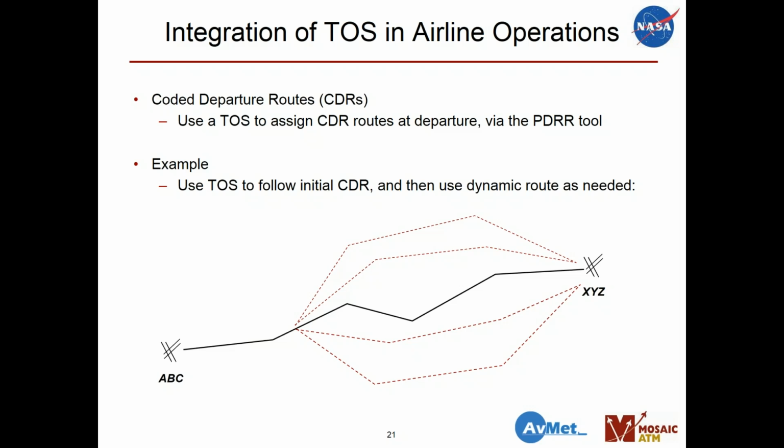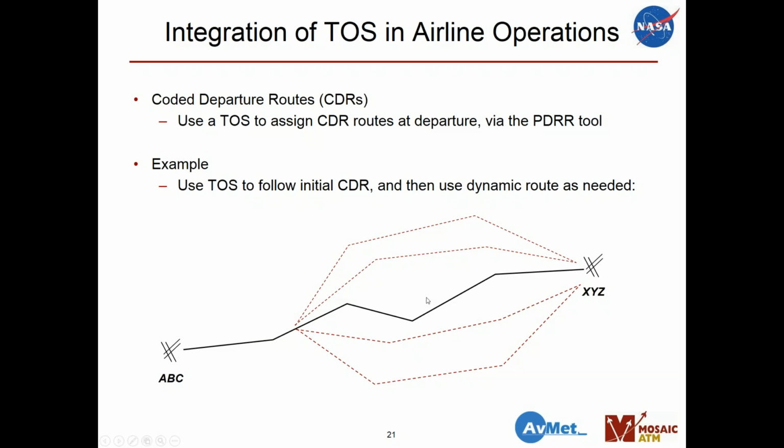Some of the things that we envision as possibilities, and we've alluded to some of these before, is that this clearable routes network could be used in combination with coded departure routes, say using the beginning part of a CDR so that the more highly constrained process of getting out through a specific departure fix is maintained, but then beyond that, the CRN could be used to generate multiple different routes